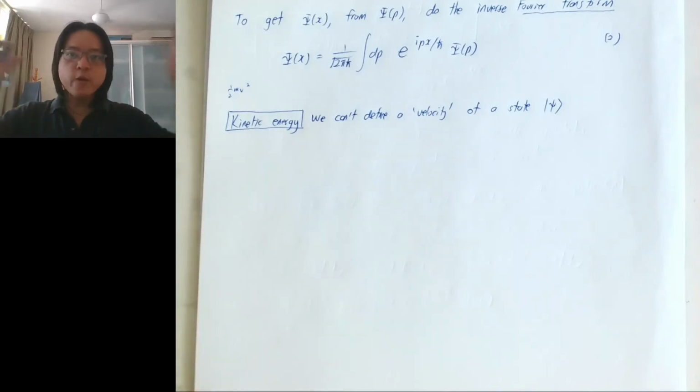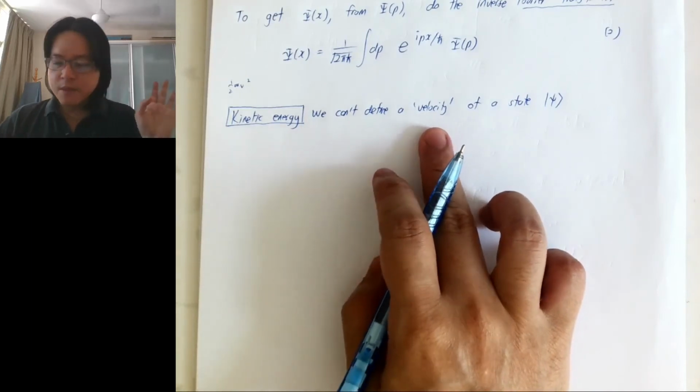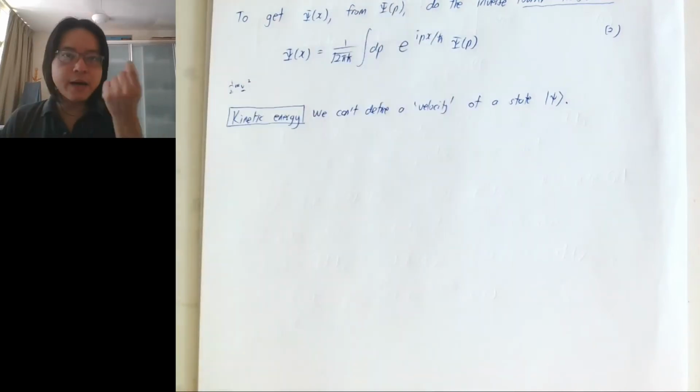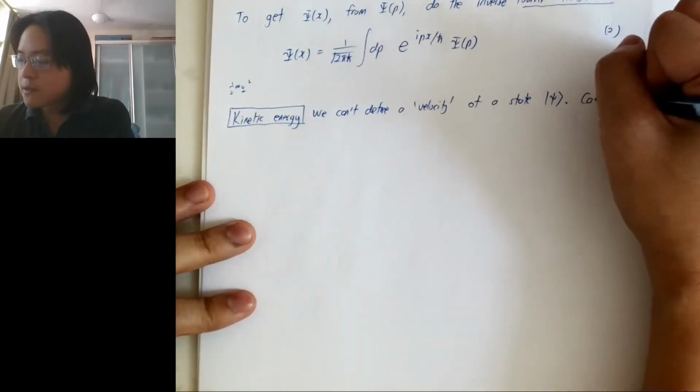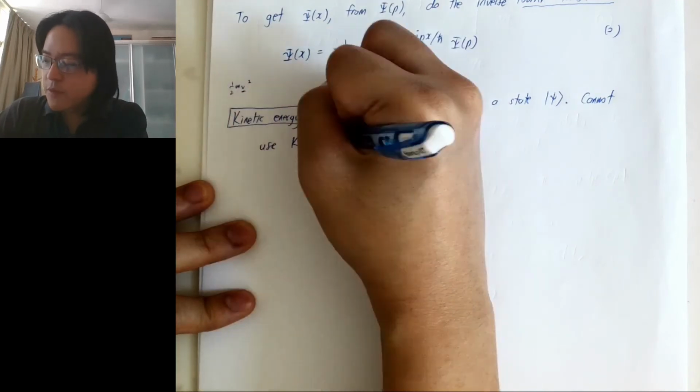This is a whole wave, right? And for reasons that I will tell you later, we also can't use the wave velocity. So basically the v here is not the wave velocity, it's the particle velocity. So we cannot use half mv squared